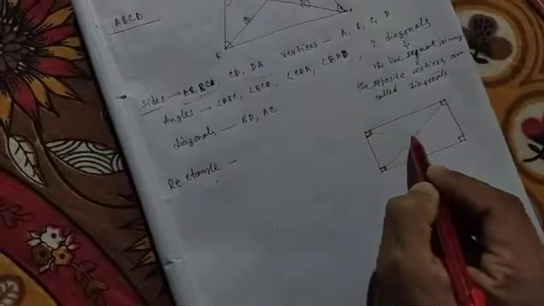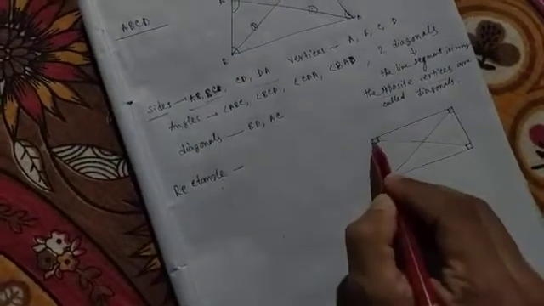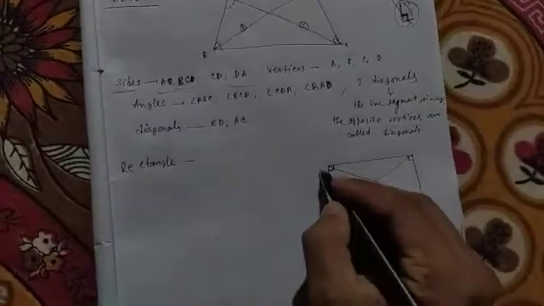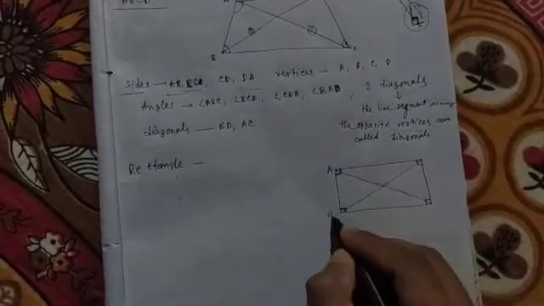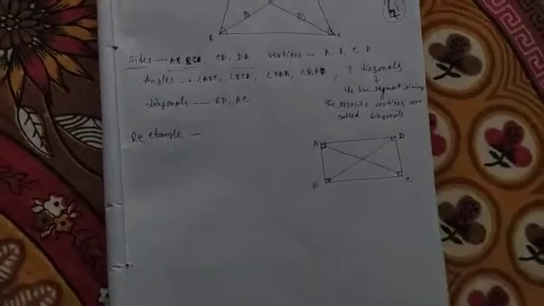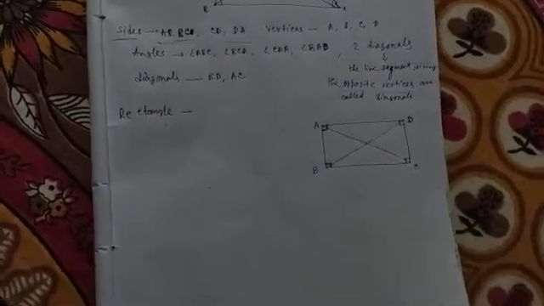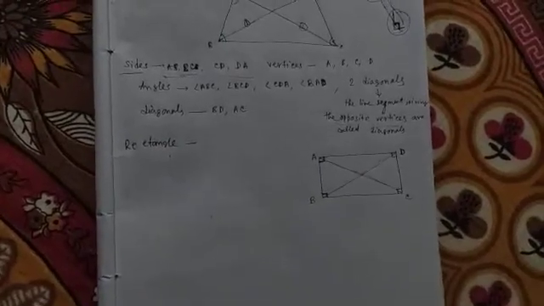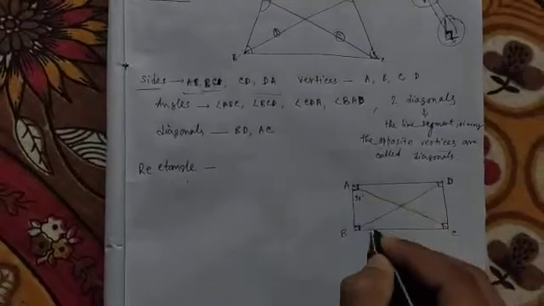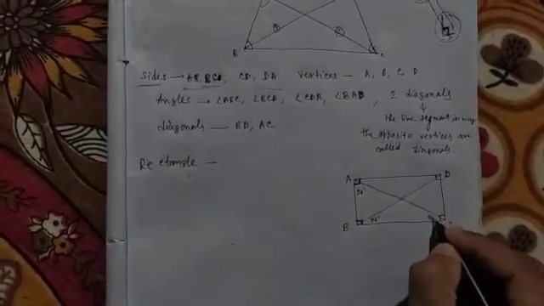I'm sorry, don't worry, I'm writing the characteristics. See, the naming is more important. Okay, A, B, C, D. Name is very important. Marking, leveling. It is called the leveling. Leveling is very important. So see, this means 90 degree. So I am writing here also, no problem with that. 90 degree.